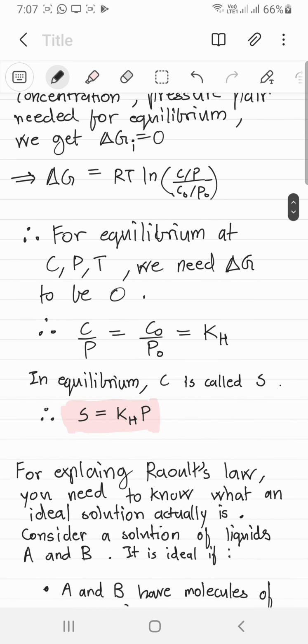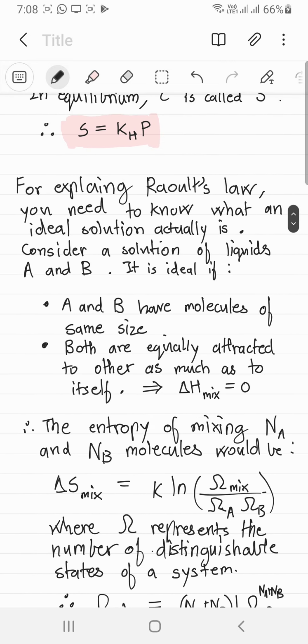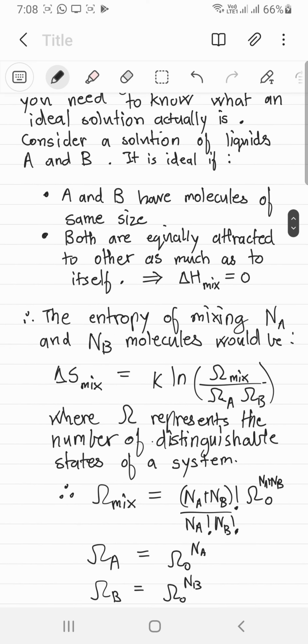So for equilibrium at some certain concentration, pressure, temperature, you need the concentration to be some constant times the pressure, where concentration of course is the concentration of the liquid substance, the solute in the solution, and the pressure is for the gas phase. And next we want to explain Raoult's law as well, but for that we will need much more information. So just normal thermodynamics is not enough. So instead we will have to go for